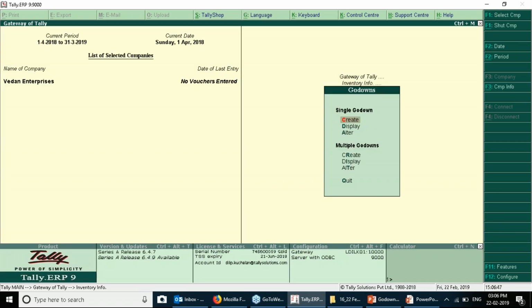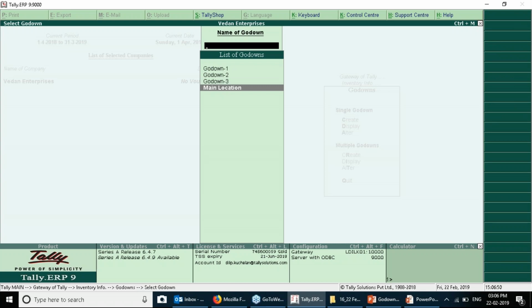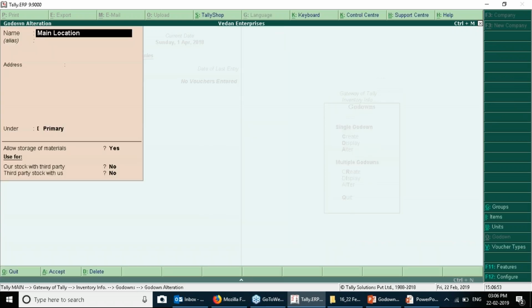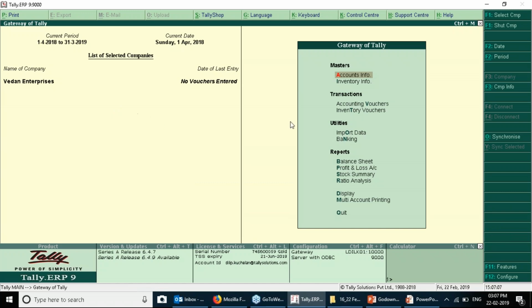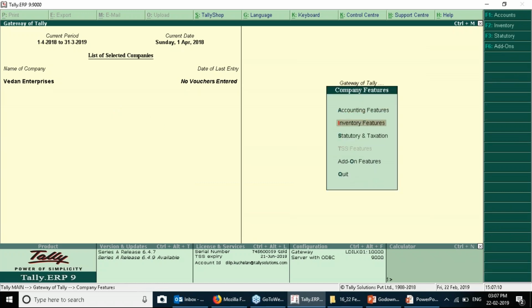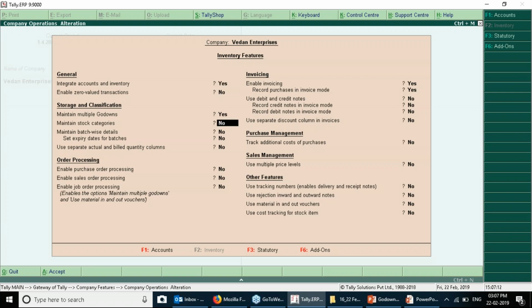So what exactly are Godowns? That is the main location Godown, and what is primary? Main location is a default Godown that has been created in Tally.ERP. To understand this, you need to get into the features. There's an option called Maintain Multiple Godowns. If you don't enable this option, or you are not using this feature, then what happens is, as this is a software,